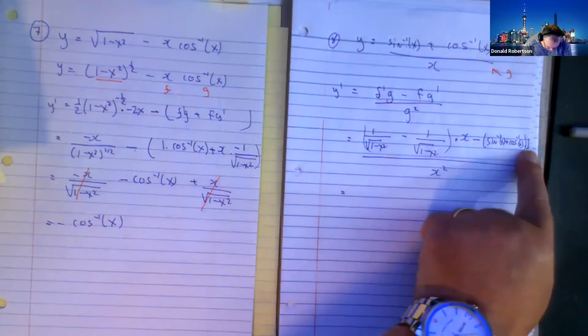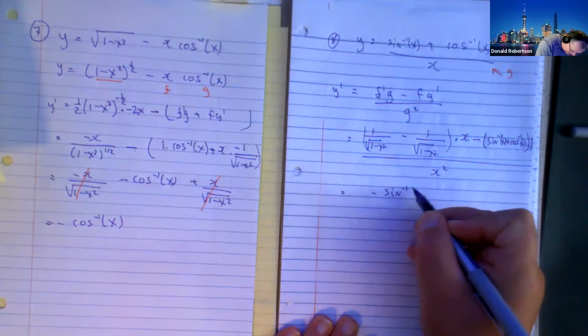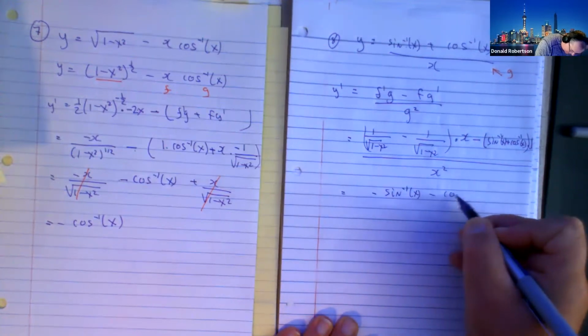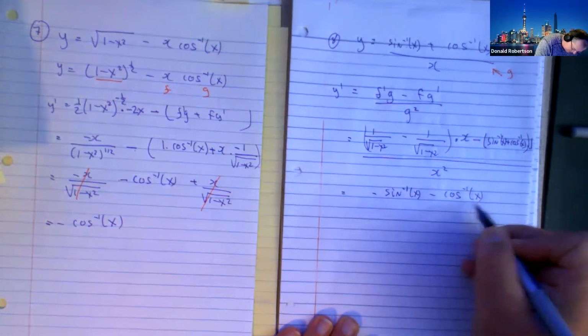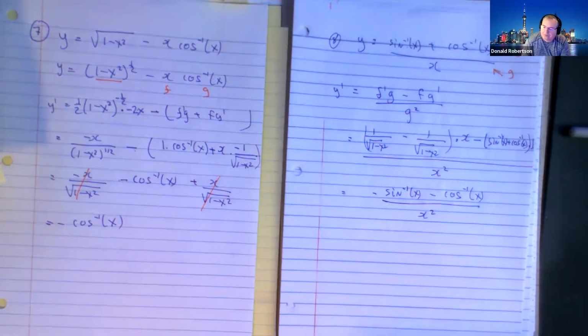I've got negative 1 times this, so basically negative 1 gives me that, all over x squared. We are finished